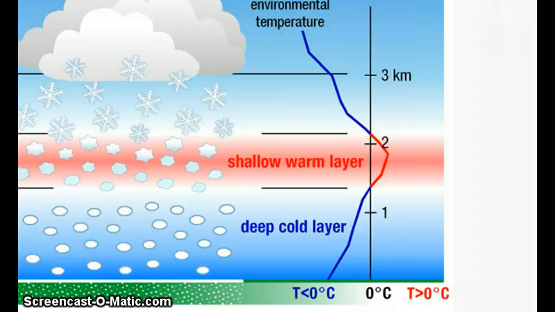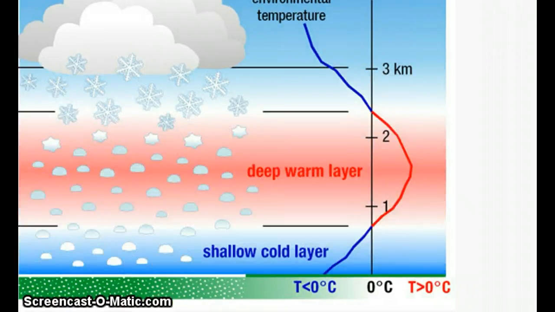Freezing rain in winter will start off as snow. It'll completely melt to rain, and then it hits the ground. Right above the ground there's a shallow layer of super cold air, and when it hits the ground it freezes on contact. That's what we call freezing rain. That happens when the ground is frozen, and right above the ground it's maybe 35, 38 degrees, but right at ground level everything is frozen, and when it hits that frozen concrete or frozen road, it'll glaze over. That is ice and freezing rain, and that could be a huge issue, and looks to possibly be a huge issue here during the winter.